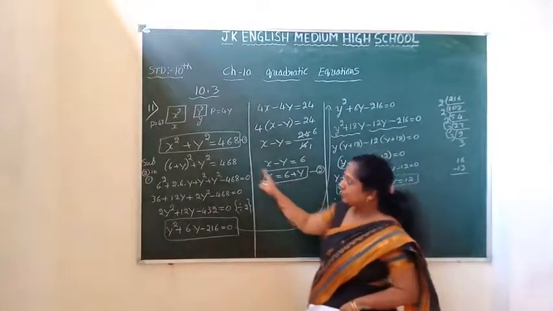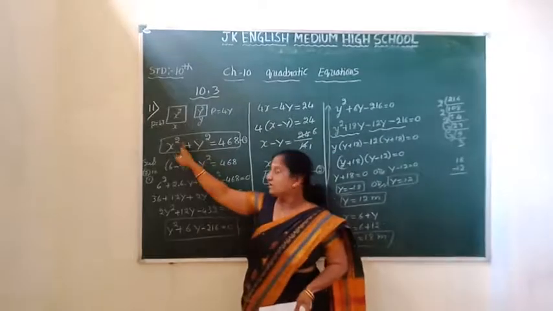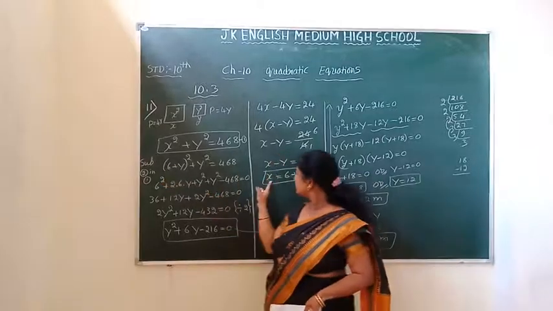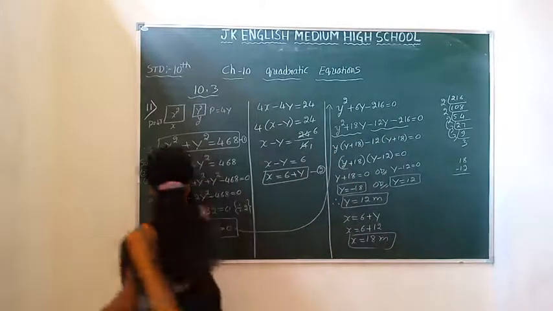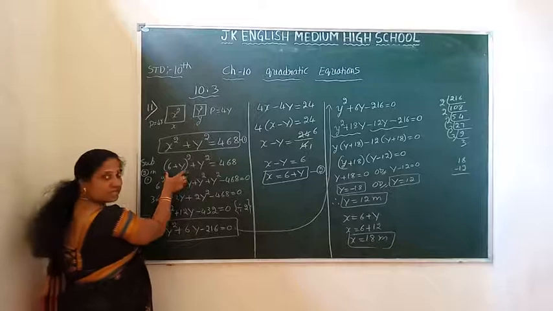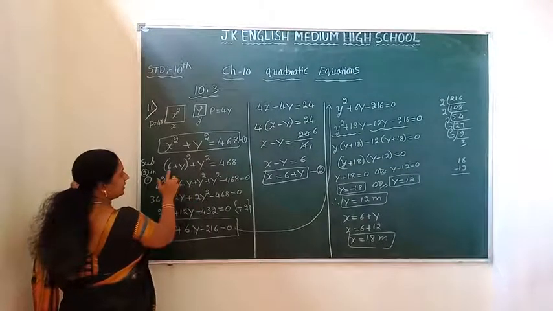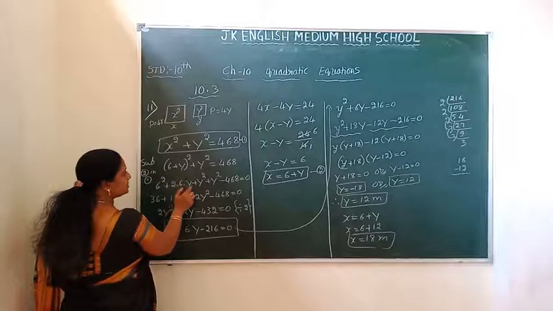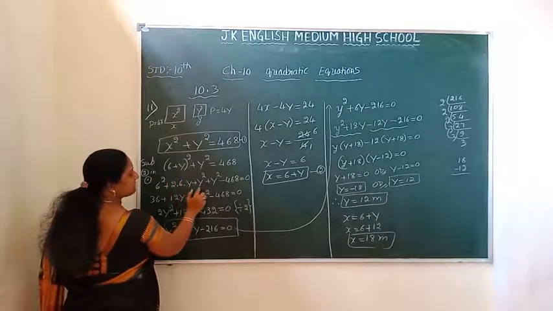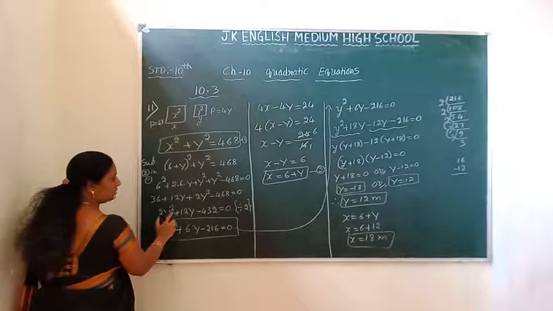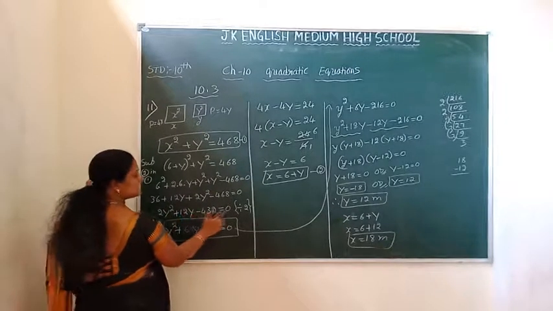So this value in this equation, to convert in the form of any one of the variables. So then I substituted in place of x, 6 plus y whole square. Then this I will expand according to the identity a square plus 2ab plus b square. Here a value is 6 and b value is y children. According to that I expanded and I simplified. After simplification I got 2y square plus 12y minus 432 is equal to 0.